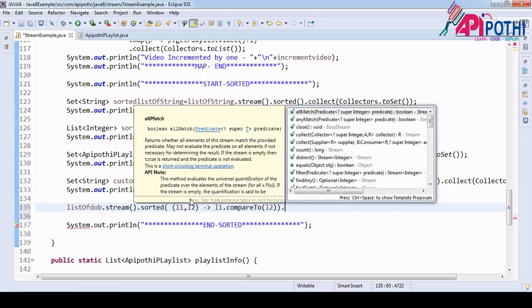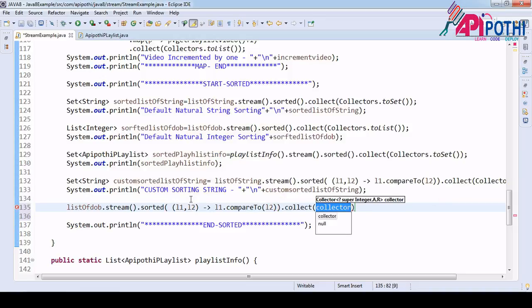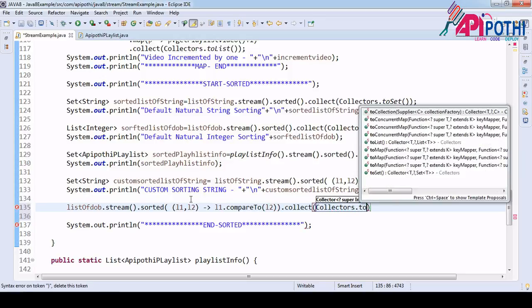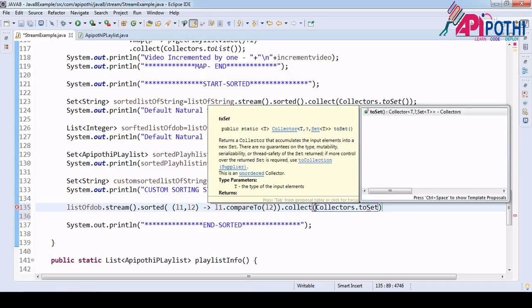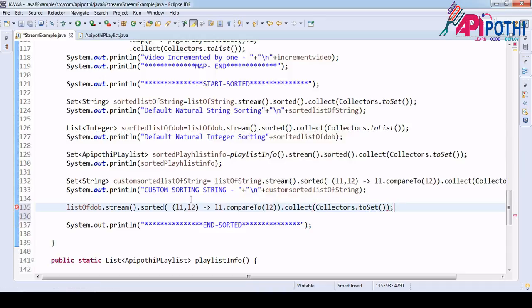Once sorting is done, then collect it into the Collectors dot toSet.